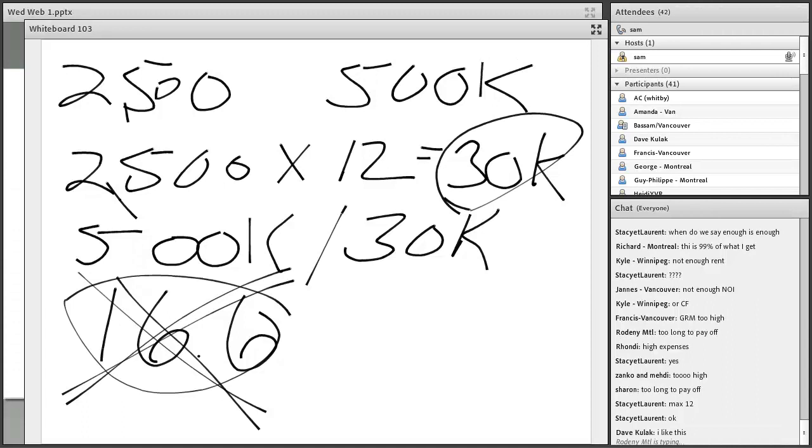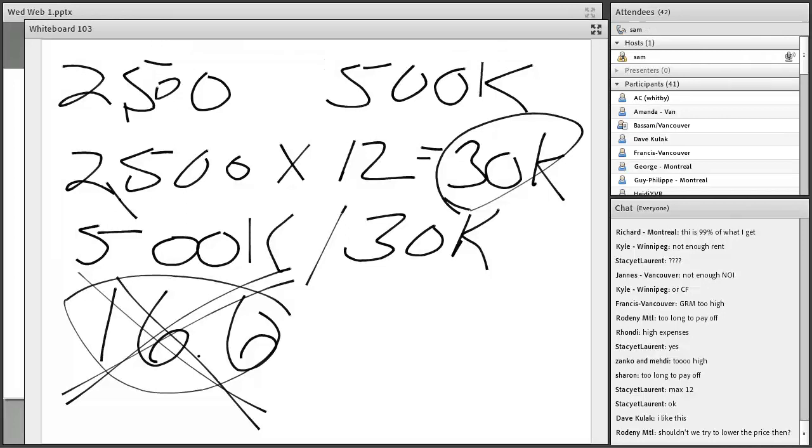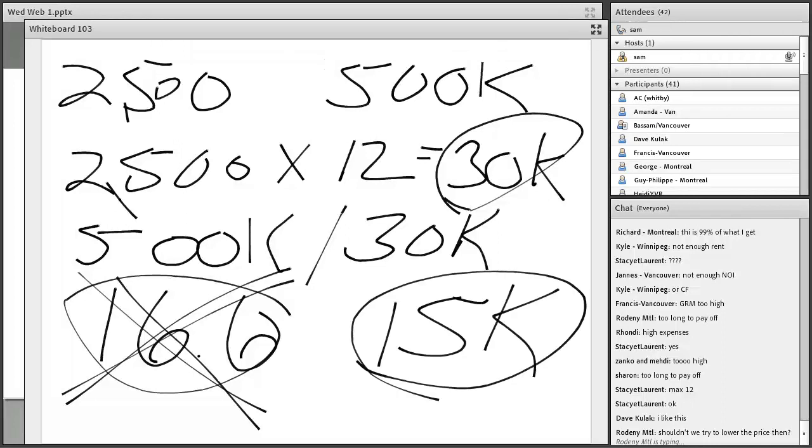Immediately I have to cut this in half, right? Half of that's going to go to expenses. Half of this 50K is going to go, 30K per year. That's expenses: bills, taxes, maintenance, vacancy, property management. So what's left at the end of the property? 15K, right? Well, 15K is the net operating income. I'm putting up 500K, or taking on 500K, for 15K.